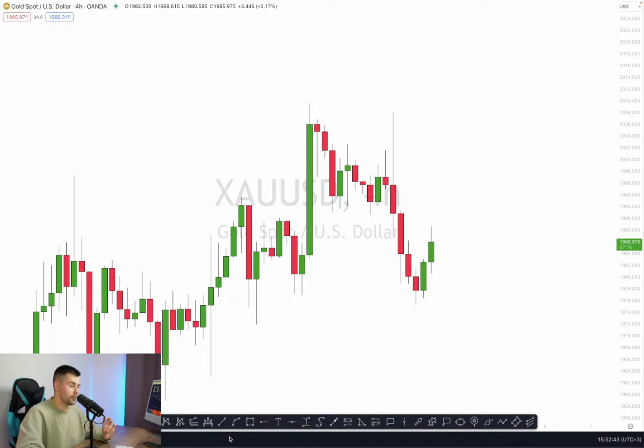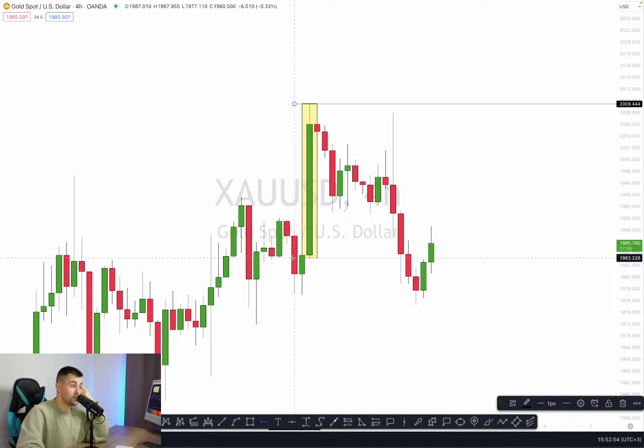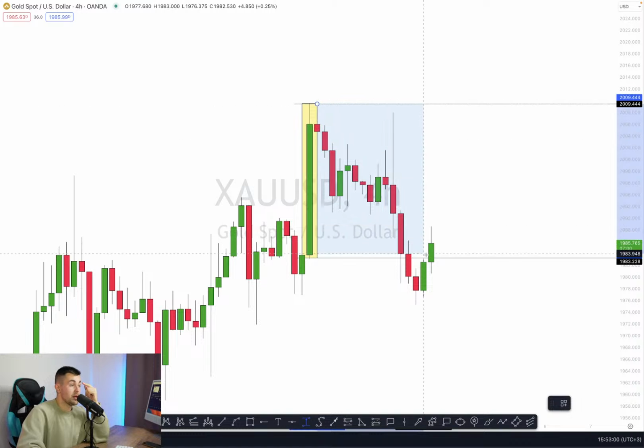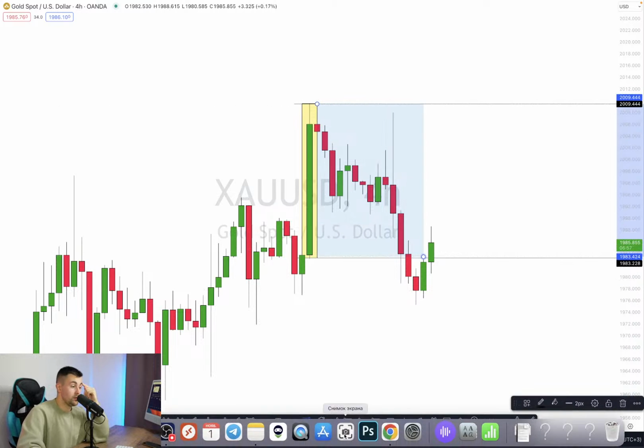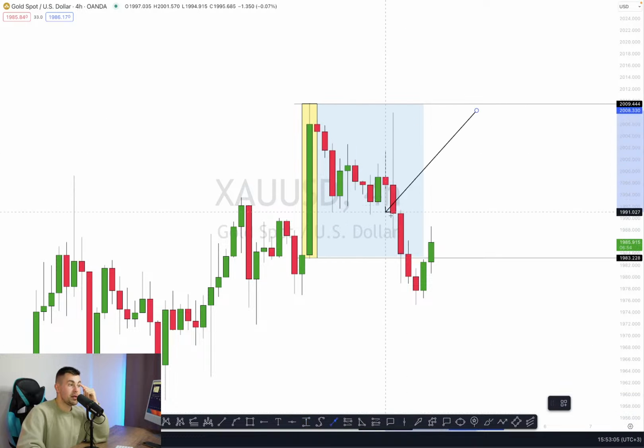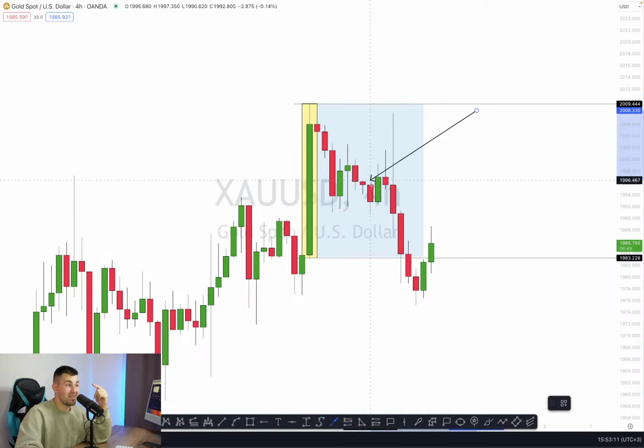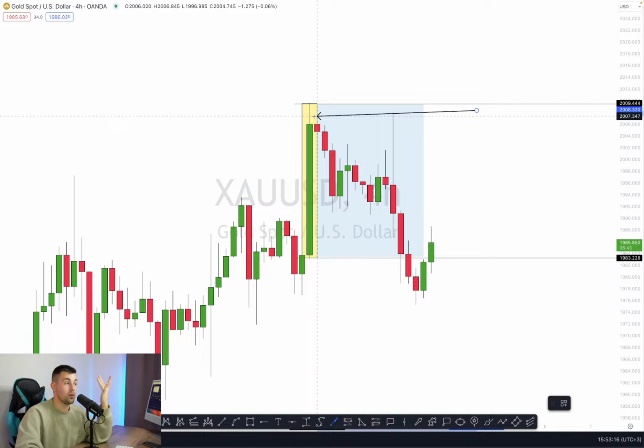So on the 4-hour time frame, take a look at that bullish candle. We have a huge bullish candle right here. And the thing is, traders, that after the price formed that huge bullish candle, the market started to trade within the range of that candle. Many 4-hour candles were formed within the range of that candle. So it is a very nice example of the inside bar formation right here. Yes, we have a very cute inside bar.